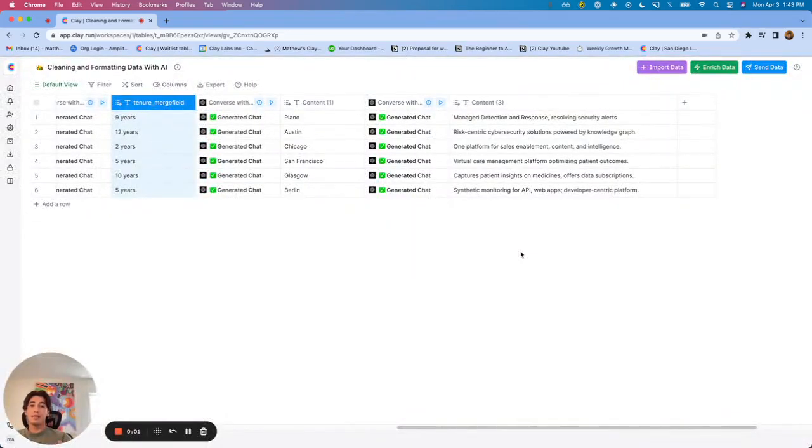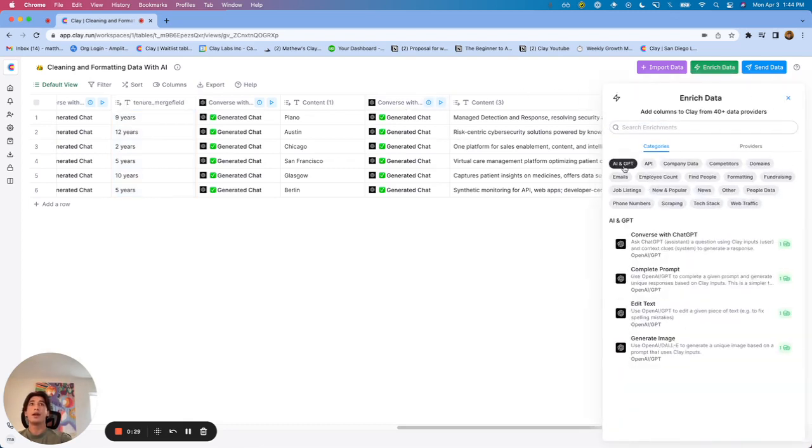Right, so a very powerful use of AI and GPT is to help summarize information and make it easier to understand. So when you have lists of thousands of leads and you potentially want to go through all of them, you really don't want to give each one more than a quick glance. And so what we can also do with ChatGPT is summarize a description of a company and make it very quick to read. So you'll see if you go to Enrich Data, AI and GPT, and then Converse with ChatGPT,